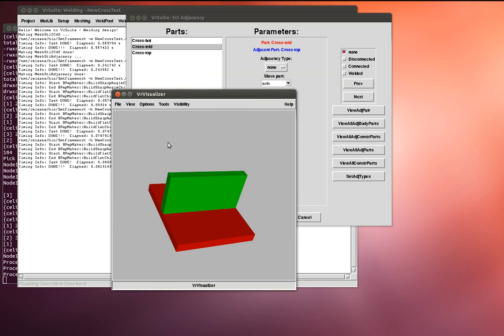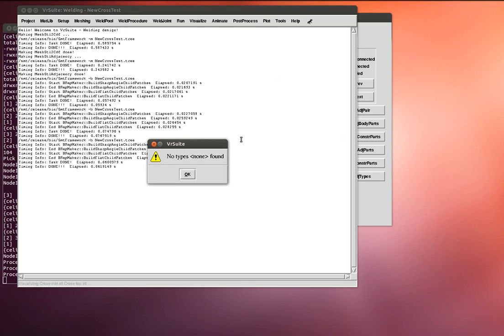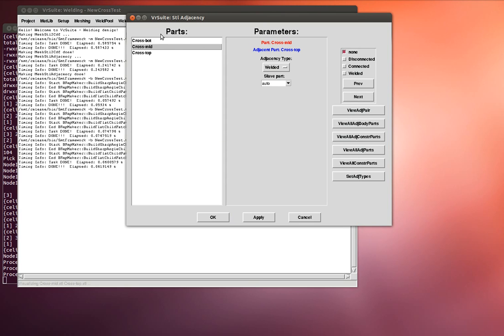and that is our mid and our top. Now we're going to weld along the edge of this top plate. We're going to weld the top plate to the mid plate. So I'm going to say that this is welded. Now there are no more nones. No more types of none found, so we simply have three parts. One of them we said was connected, the other one is welded. Apply, OK,